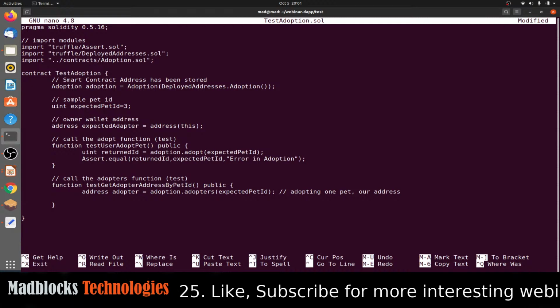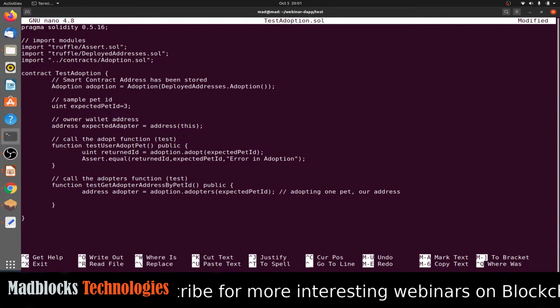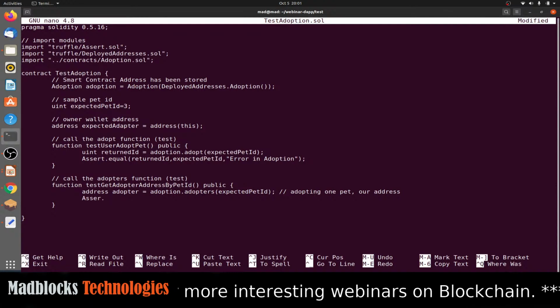So we are checking whether the adopter is holding our address or not, which is nothing but Assert.equal